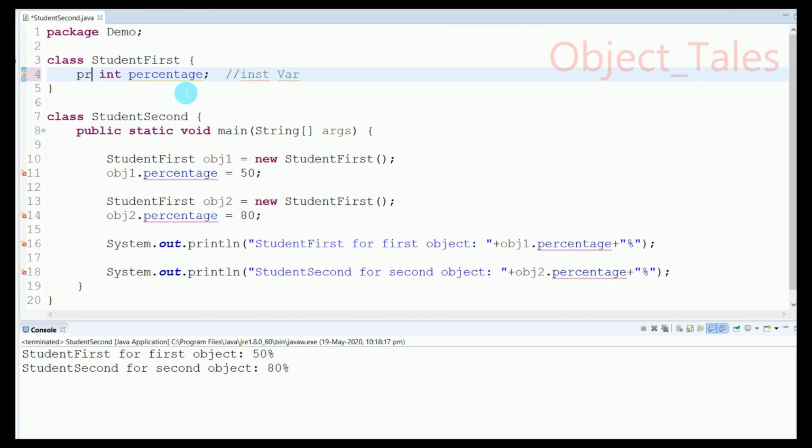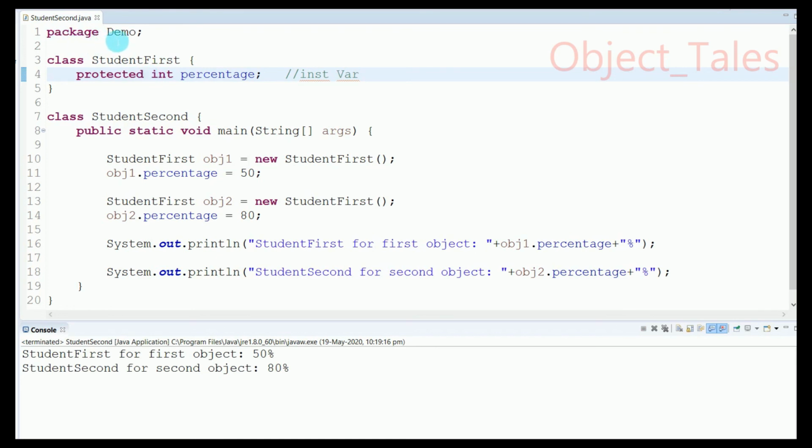And what if I write protected? What will happen now? There are no errors. I will run it again. See, there is no compilation error and no runtime error. How come? Because protected also has visibility for the package.